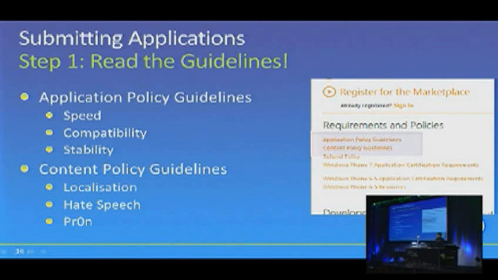But if you're building a hate speech app for some reason, or a porn app, it will get rejected and there's no way you can fix it, right? This is what I'm saying. So you just have to be sure that the app you build is going to be acceptable under their policies. That's pretty straightforward. But the other thing is, as you're building your app, the policy guidelines actually have set down